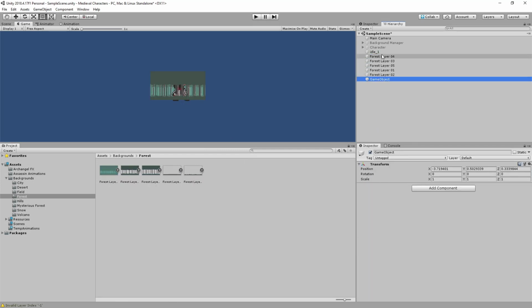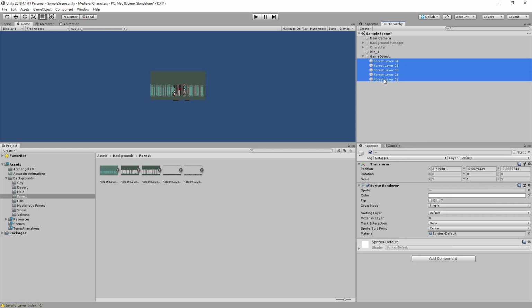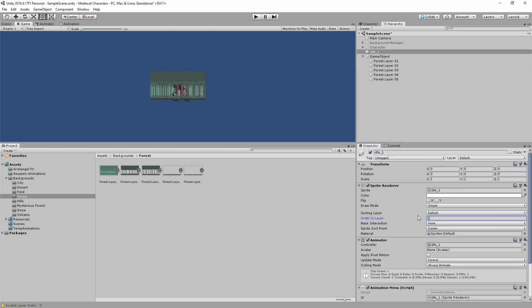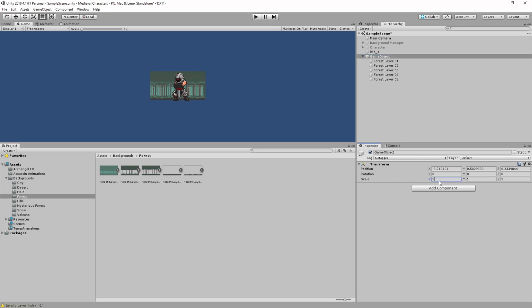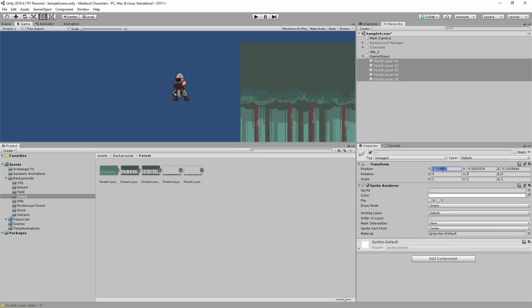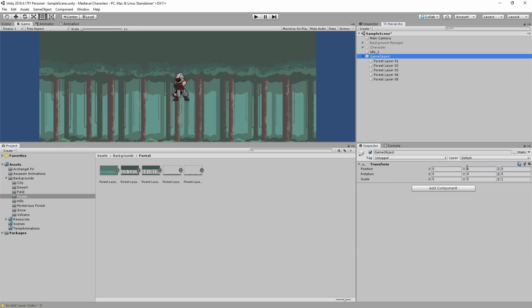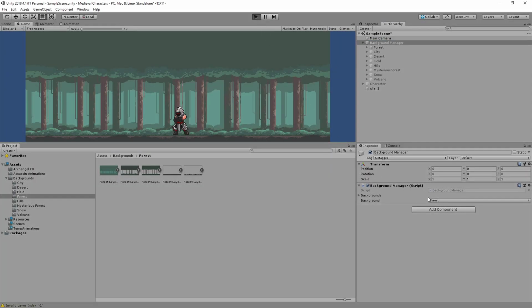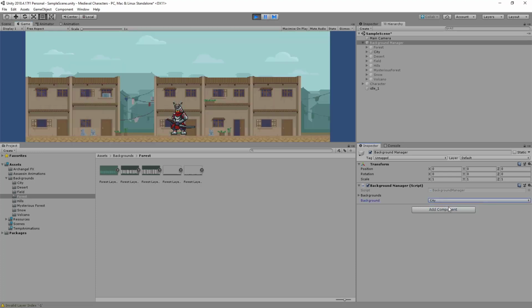First, we'll organize these images under one object and set the correct layers on them. For example, Forest Layer 4 will have an order in layer of 4. Then, we'll set the character to have a high layer so that it appears on top. After some scaling and adjustments, we have a beautiful background. Do this for all 8 backgrounds, and let's take a look at how we can make a script to change